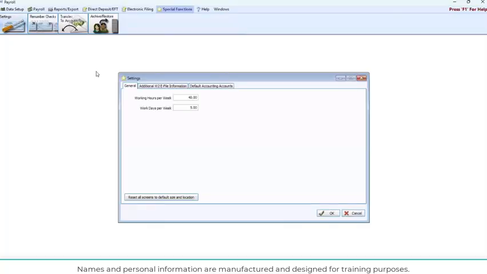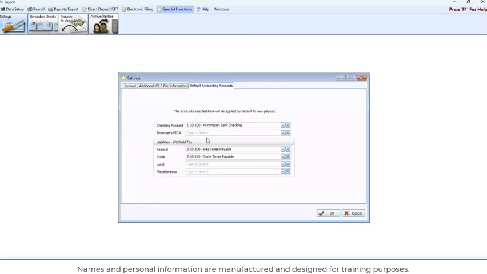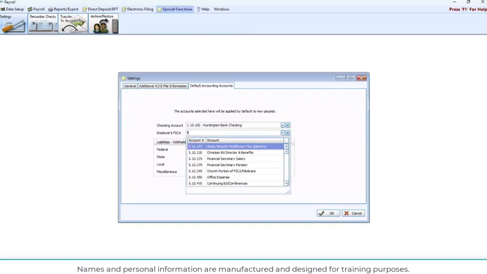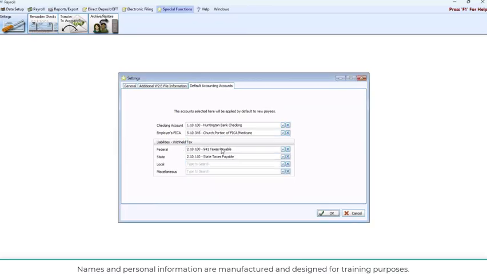Right here, settings in the upper left corner, and then across to default accounting accounts. So see here, you can say, okay, I want to set that all of my payroll is going to be paid out of a particular checking account. Okay, if I go to Employers FICA and I type FICA in there, I go church portion of FICA Medicare,